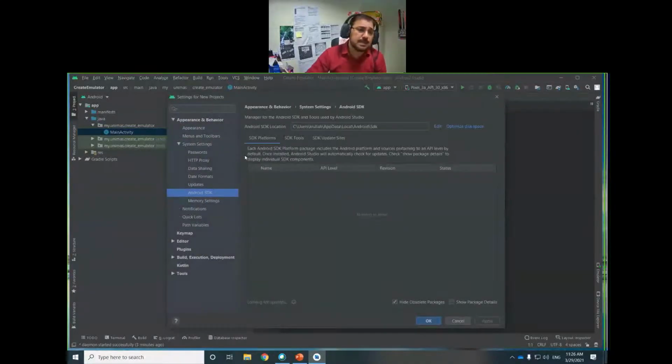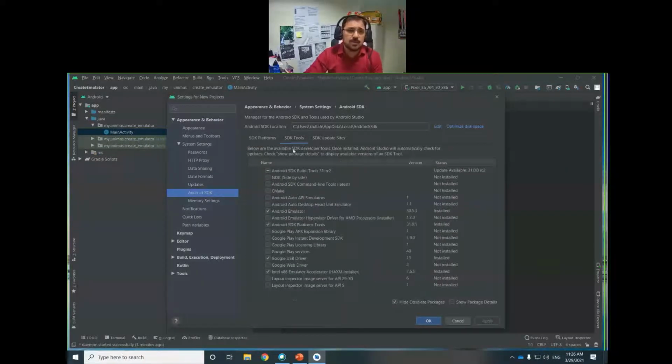Okay, and in SDK Manager, under System Settings, and then Android SDK, we will click the SDK Tools tab. You see there are three tabs. One is SDK Platforms, one is SDK Tools. SDK Tools means the basic tools which we have already installed. So if you see here, we have installed this one, and especially this one is the most important, and our focus today is this one.